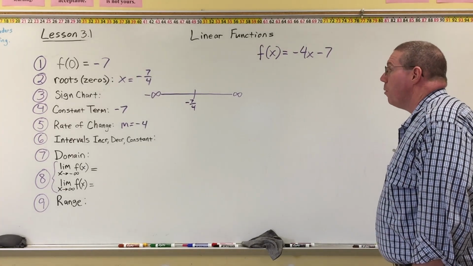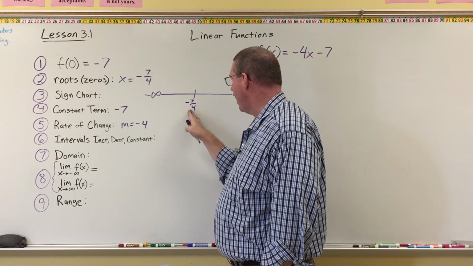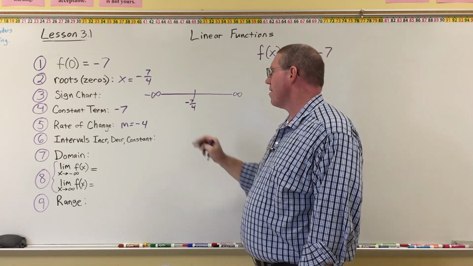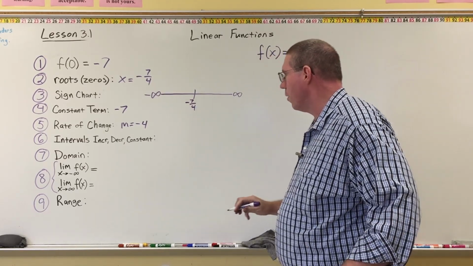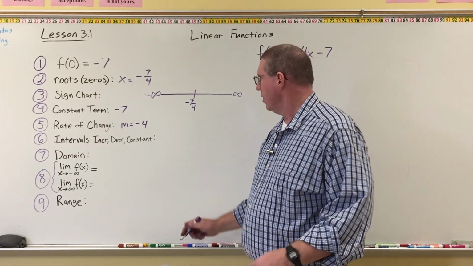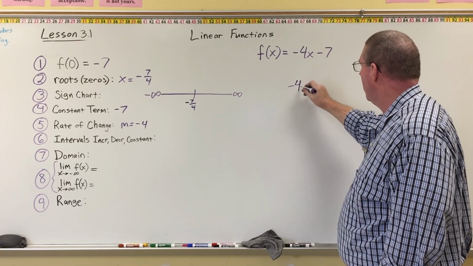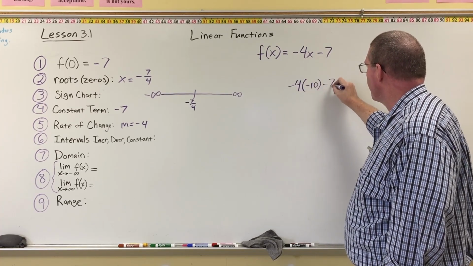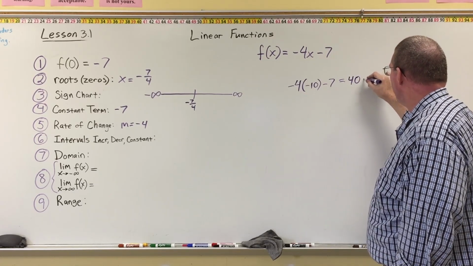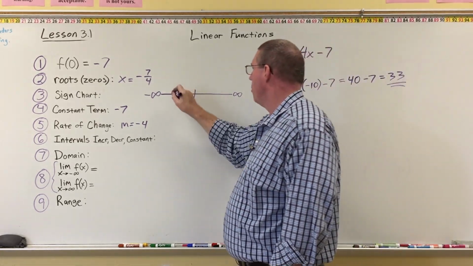Okay? And then what we want to do is plug in numbers that are smaller than negative 7 over 4 to see what the sign is over on the left side. Well, you may say, I don't know what's less than negative 7 over 4. Well, just to be safe, you could pick something like negative 10 or negative 100. Let's do negative 10. So we're going to put negative 10 in for x, so we get negative 4 times negative 10 minus 7. Well, negative 4 times negative 10, that's 40. And 40 minus 7 equals 33, which is a positive number,